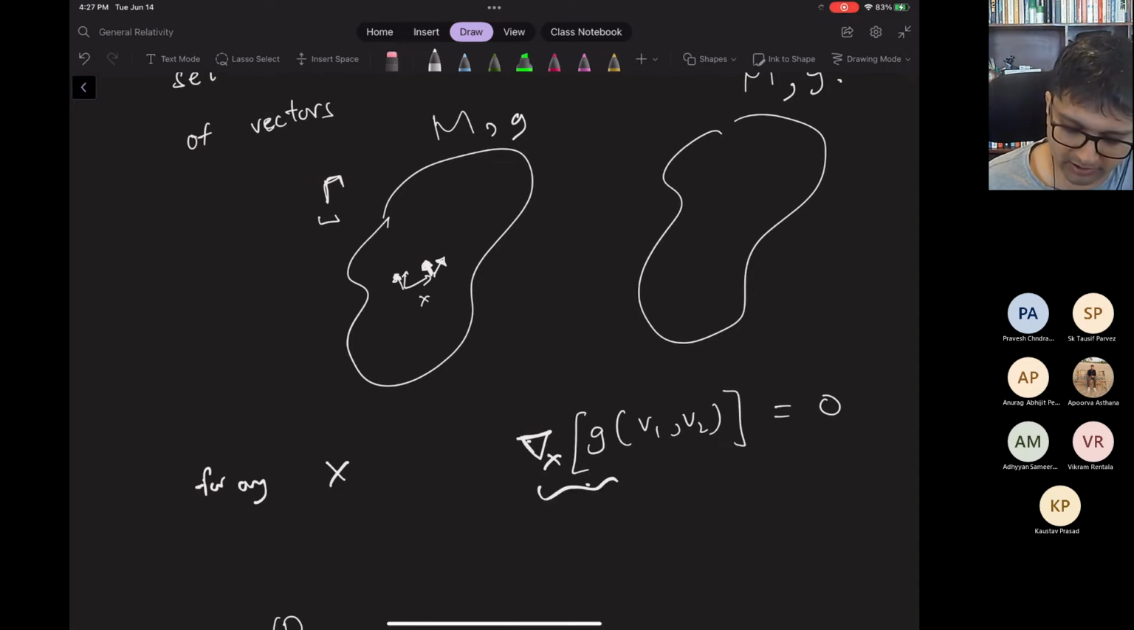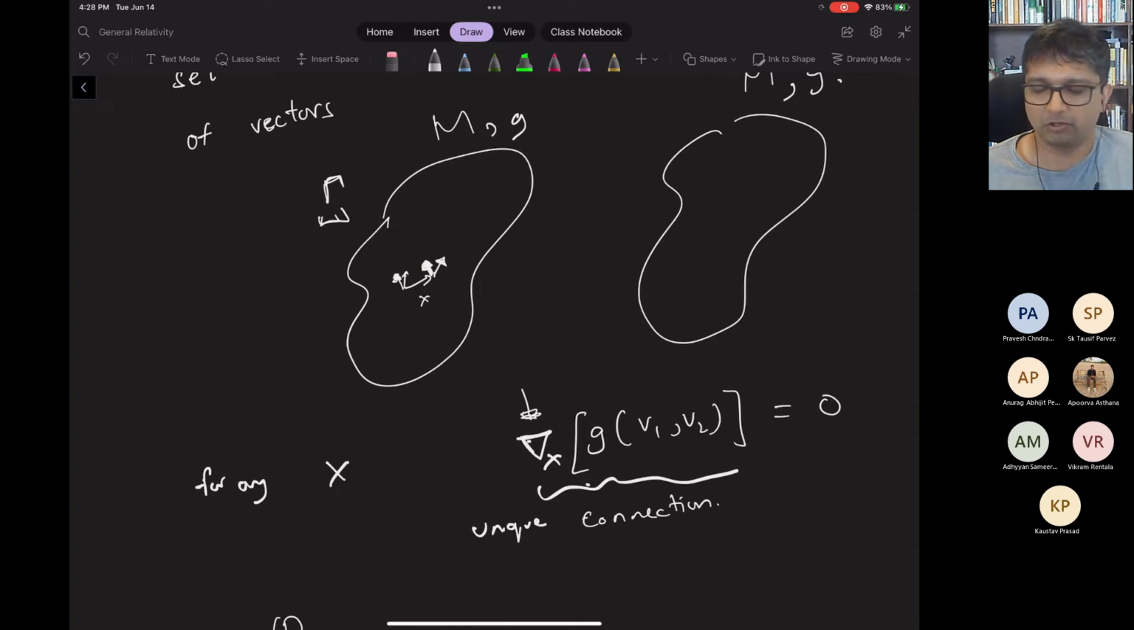That's what we have defined as the unique affine connection or unique Christoffel symbol, right? In a coordinate dependent way, you talk about the Christoffel symbol. In a coordinate independent way, you talk about the affine connection. So this is a unique connection. Okay, but what is the difference here? The difference is that